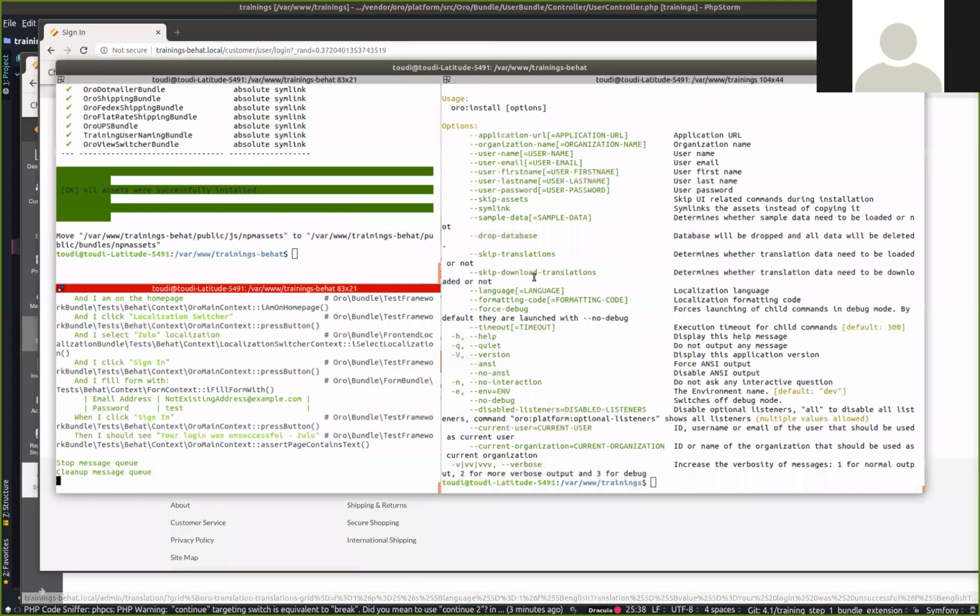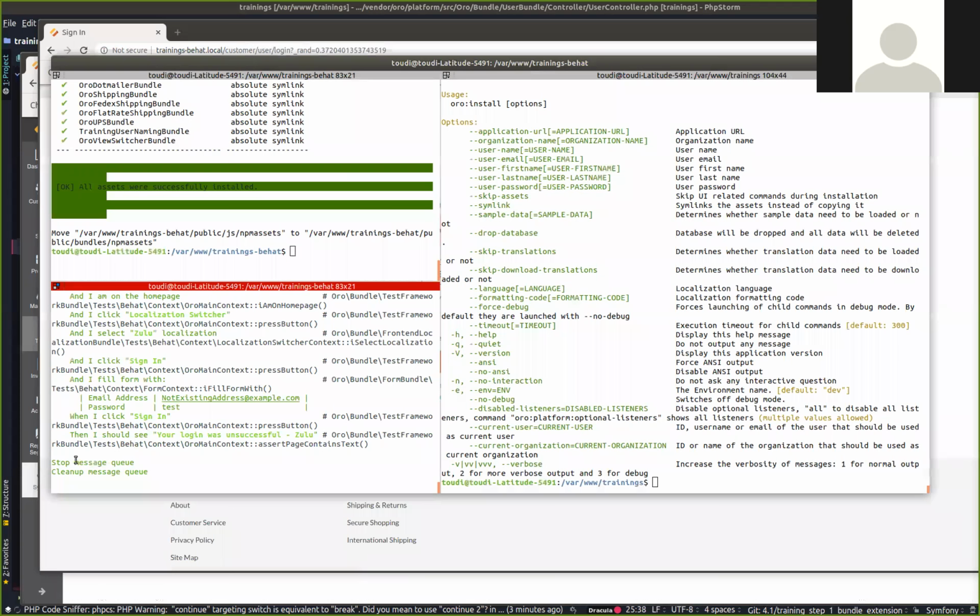Okay, so the test was done. As you can see, it was also processing the message queue at the same time. Right now, it cleans the state of the application after the test. So it stopped the message queue, cleaned the message queue, restored the database, and it will be ready for the next scenarios with the